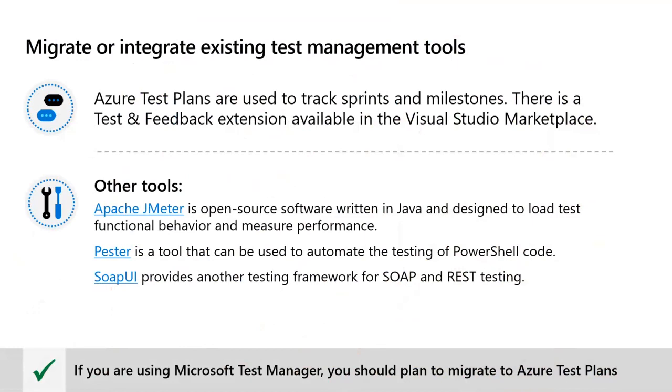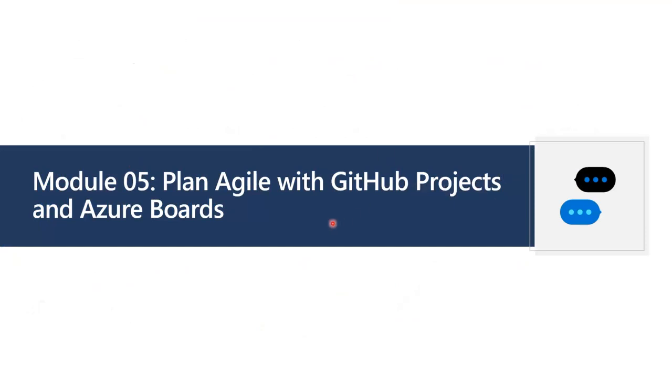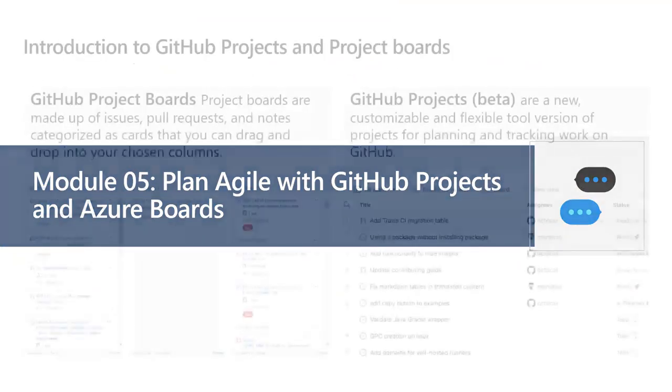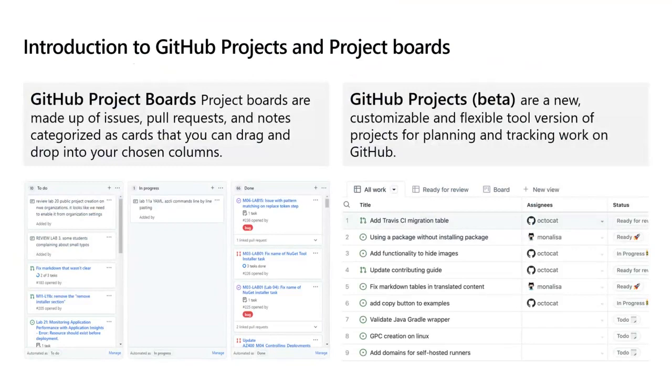Now, let's deep dive in more detail with Azure Boards, right? So one of the techniques that are part of the DevOps mindset is that we want to